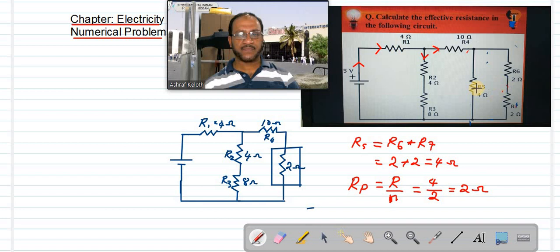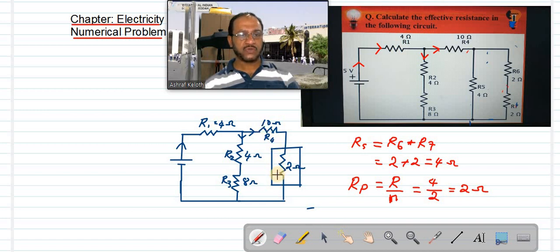These two branches total is 2 ohm. Now see in this diagram, the current coming from here passes through this one, and at this point it will branch out. One branch will go this way and one current will flow this way, and this current is flowing the same through 10 ohm and this total resistance of the last two branches. So these two are in series because the same current is flowing this way. So this 10 plus 2 becomes 12 ohm.